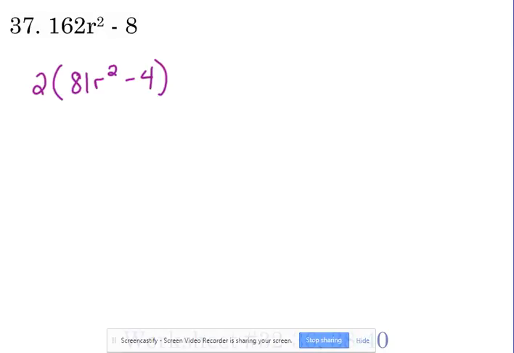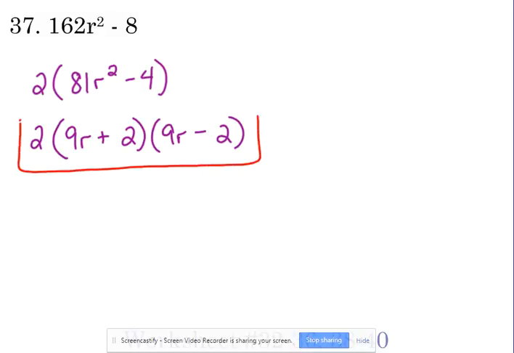Now we have the difference of perfect squares. 81 is a perfect square. 4 is a perfect square. 9r plus 2, 9r minus 2, we are finished. But don't forget to bring down that GCF of a 2. Do not lose that in your problem. Okay, so let's practice a little bit with